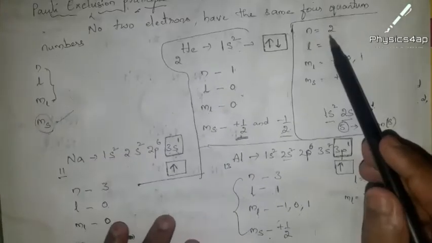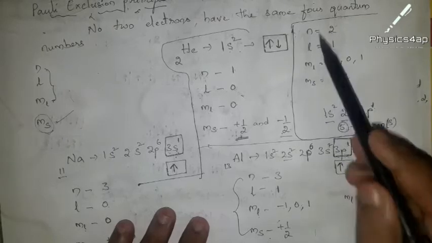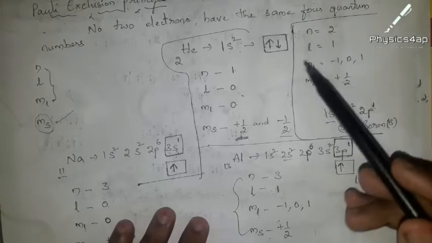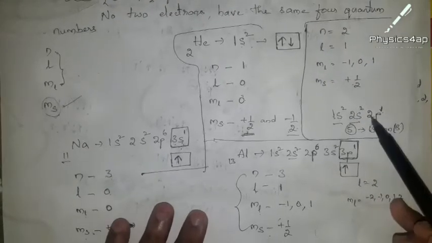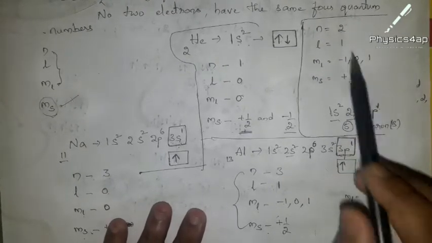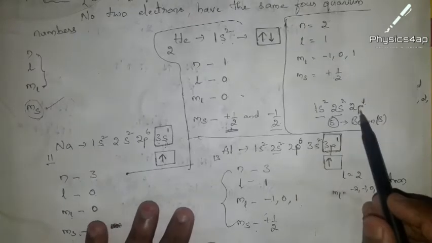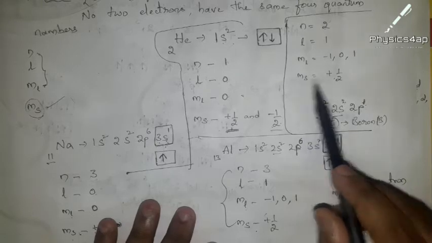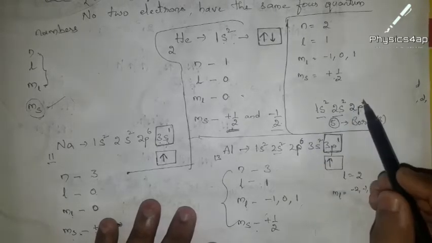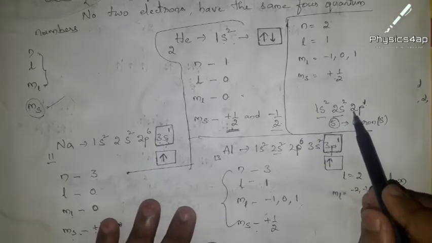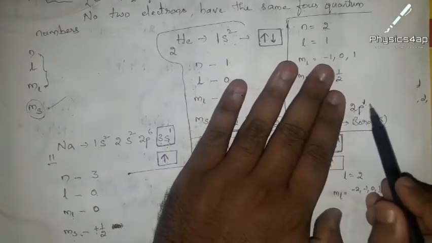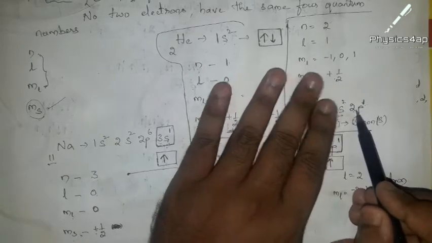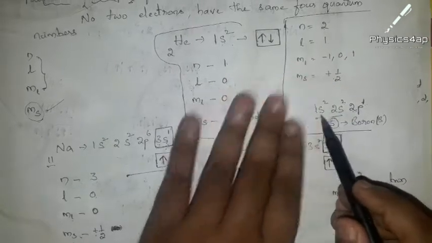At the same time, if they give the 4 quantum numbers in this manner, how can we find out which element it belongs to? That we have discussed here. So n is 2, l equals 1 means nothing but p orbital. Now coming to ms, that is plus half. Plus half means we have only 1 electron. So what we overall got here is 2p1. Before 2p1 we have 2s, before 2s we have 1s.